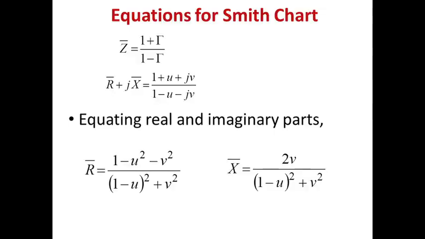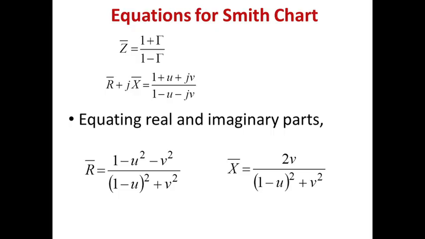So, that is why we are writing that equation, which previously we had written in terms of gamma. Now, we have changed it to z bar is equal to 1 plus gamma by 1 minus gamma. So, then you put it in terms of the real and imaginary part, and you come here. Now, you equate the real part and imaginary part, then you get these two lower equations, that r bar is